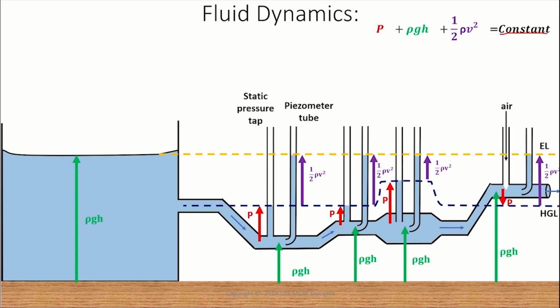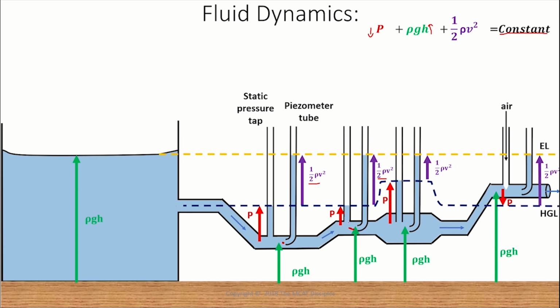So why don't we set our baseline? At baseline here, our first set of tubes, we'll notice that we have some static pressure, some potential energy, and some kinetic energy. Alright, and as we convert from here to here, what changes? The height. The height increases. The area doesn't change, so the velocity doesn't change, so we'll notice that 1/2 rho v squared is the same on both positions here. However, since the height increased, the pressure should decrease, so we notice a decrease in static pressure represented by the smaller arrow here as compared to this arrow, or represented by the smaller volume of the tube.